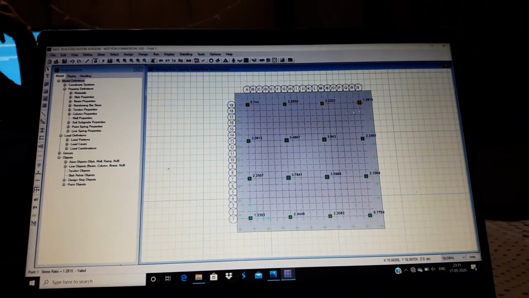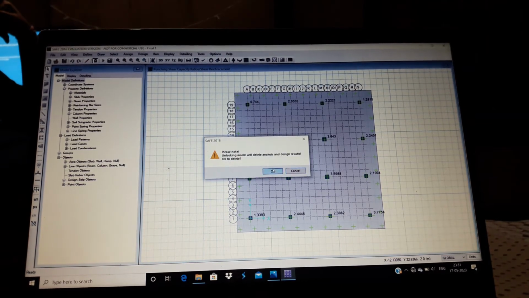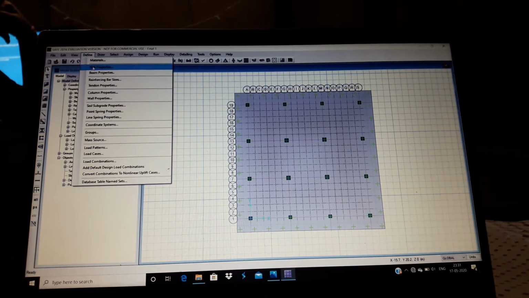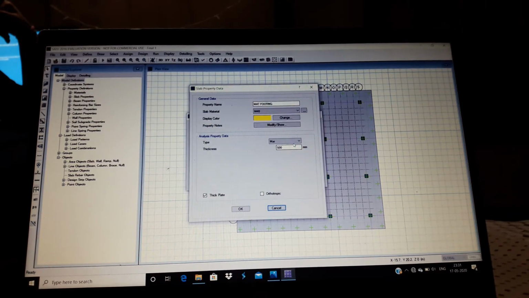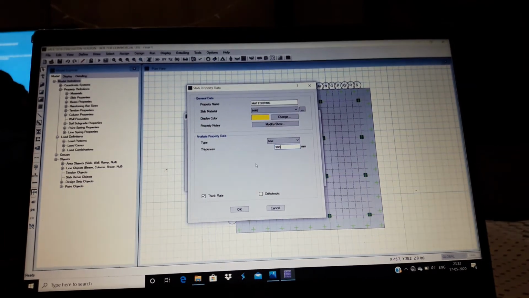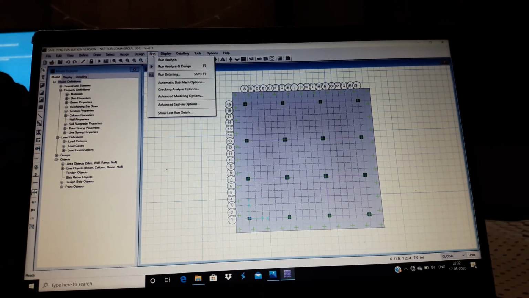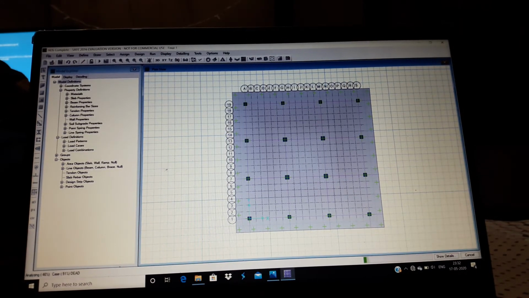You can see some of the values here are greater than 1, means they have failed. So we need to unlock this again and define the slab properties again, modify it, and this time take it as 900. Click on OK, again OK, and run the design analysis.